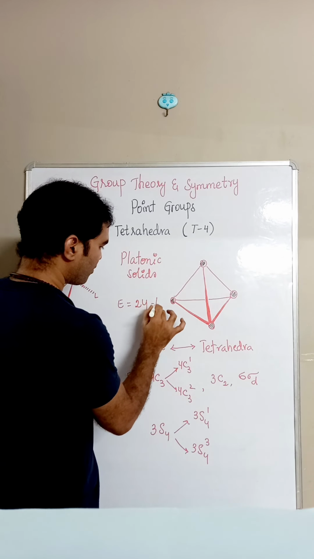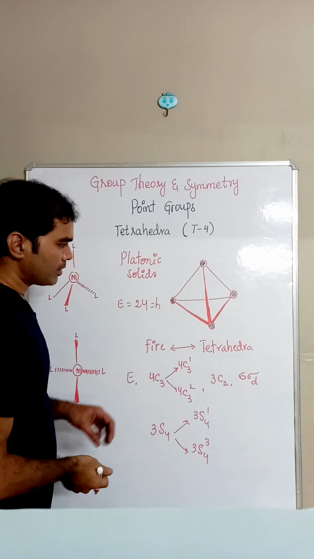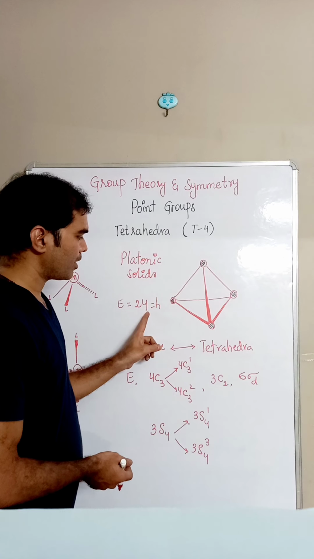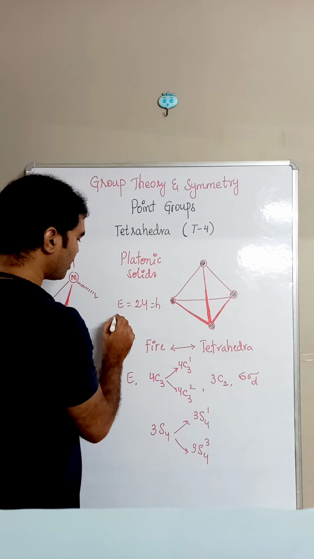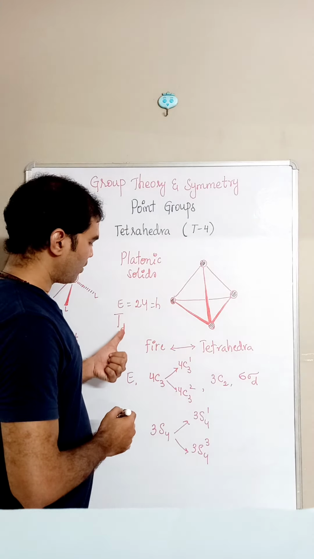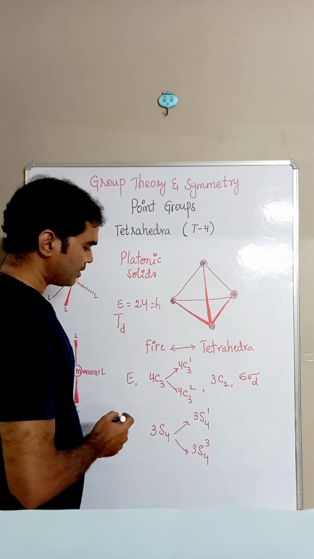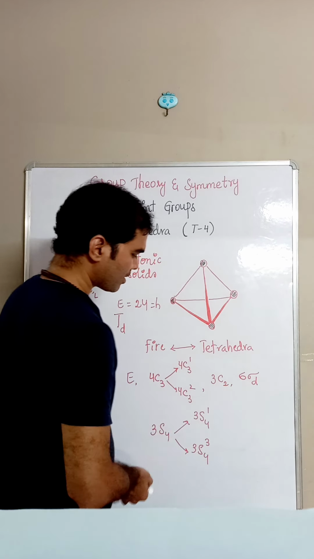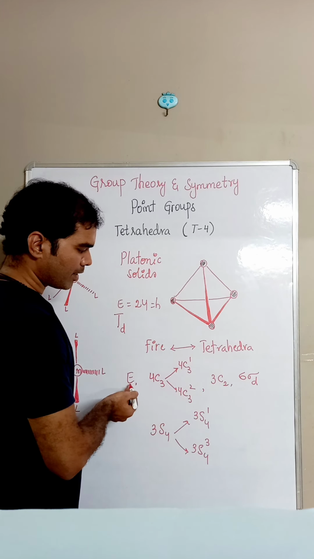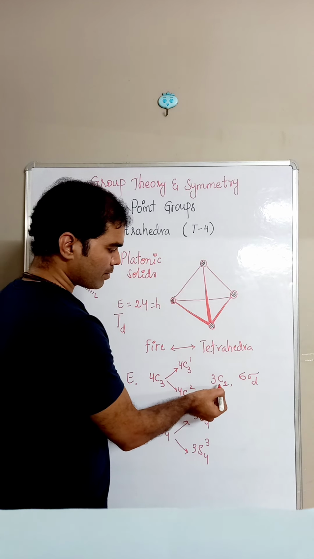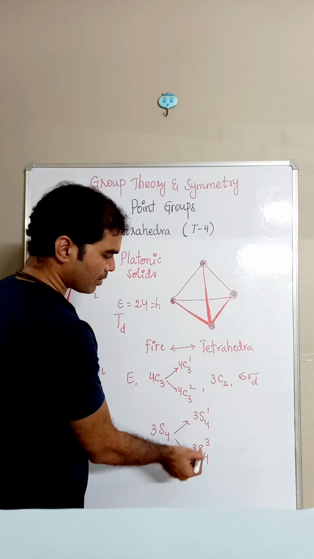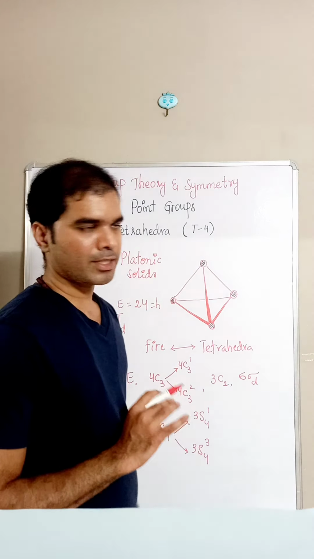This is the order of the point group. So any molecule which has a tetrahedral geometry with 24 symmetry elements belongs to the Td point group. Uppercase T, a lowercase d as a subscript. You can count the number of symmetry elements. 4 C3¹, 4 C3², 8, plus identity 9, 3 C2s 12, 6 sigma d's 18 and 6 S4s, altogether 24 symmetry elements.